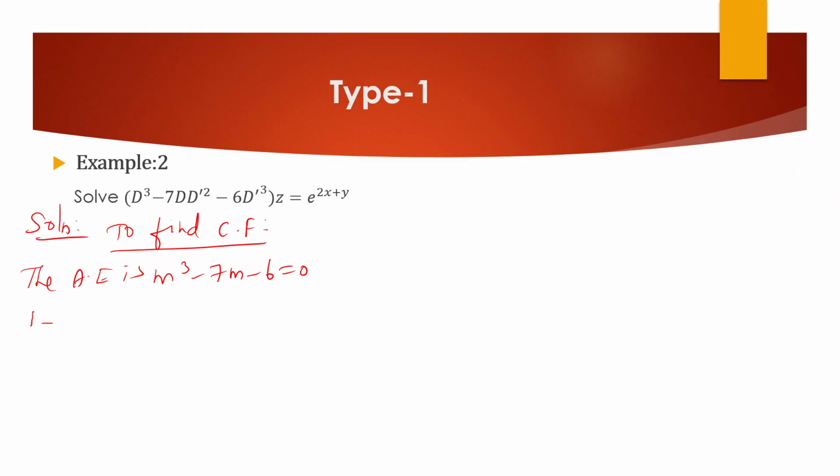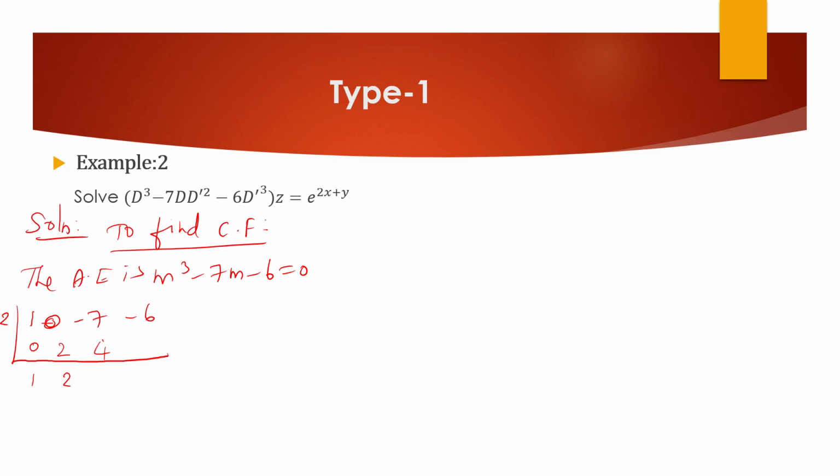So it is 1, 0, minus 7 and minus 6, because the coefficient of m square is 0 as there is no m square term here. Here also I'm having an even number, so let me check whether 2 satisfies this. It is 0, 1, then 1 into 2 is 2, then it is 2, and then it is 4. Then I'm getting minus 3 and it is minus 6. But I want plus 6, so I can put